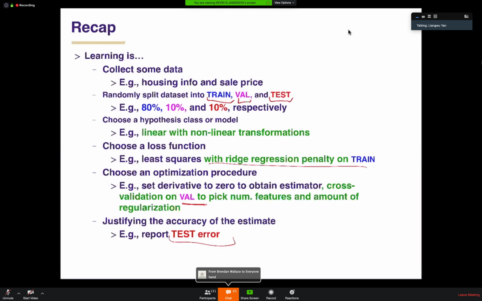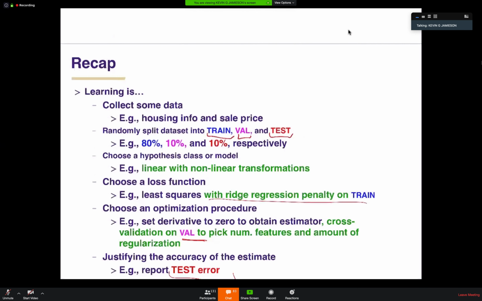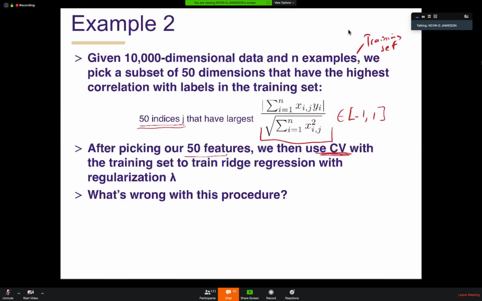Teacher, I have a question. In the bottom part, you use cross validation on the validation set to pick the number of features. How would that work? That would be this step. I break my data set D up into train, val, and test. This is the whole data set that I was given. And now for each lambda,